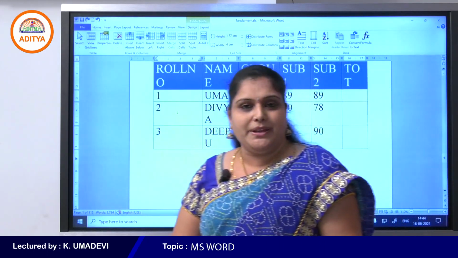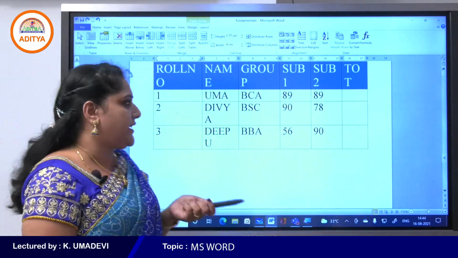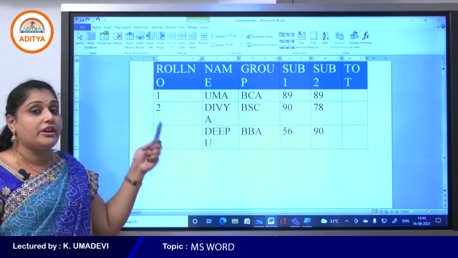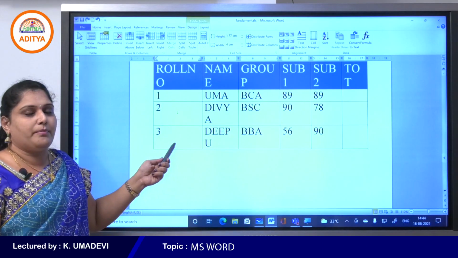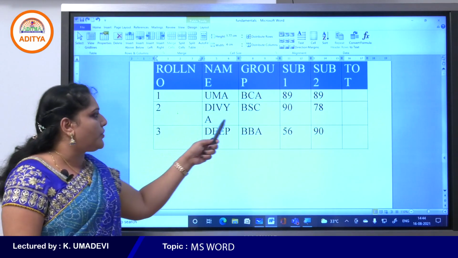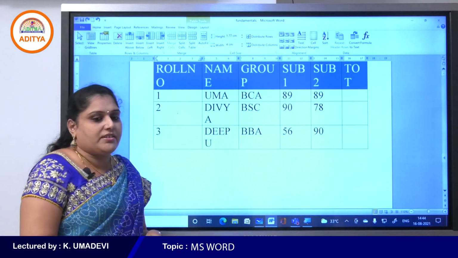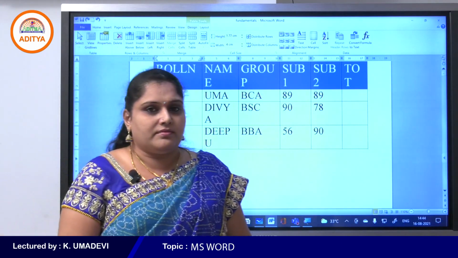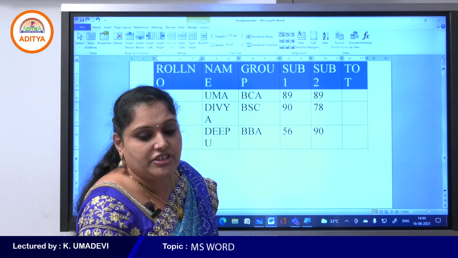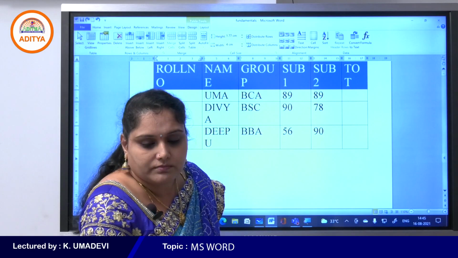Tell me students. Now I want to insert one new row in between roll number 2 and 3 rows, but my cursor position is in the roll number 2 row. Come on, tell me the process. Which command is used right now?